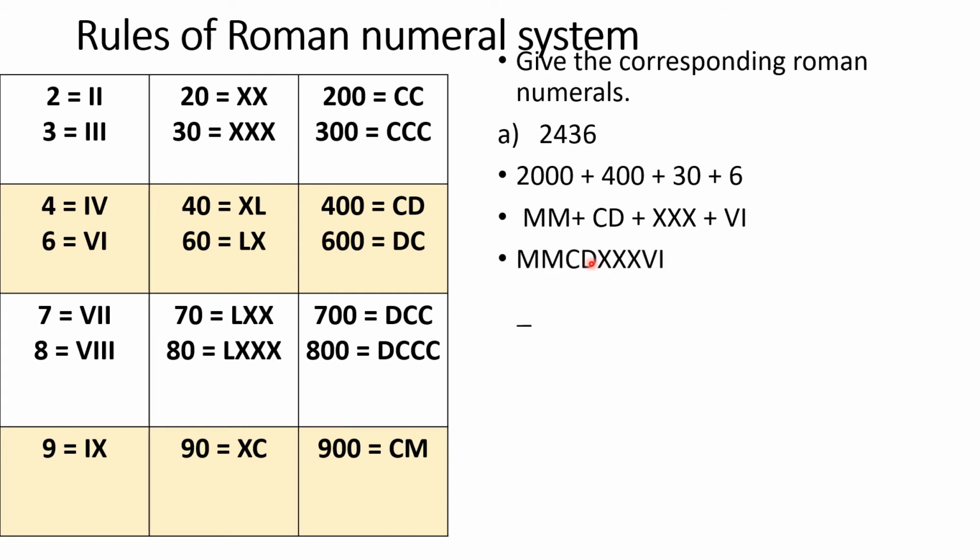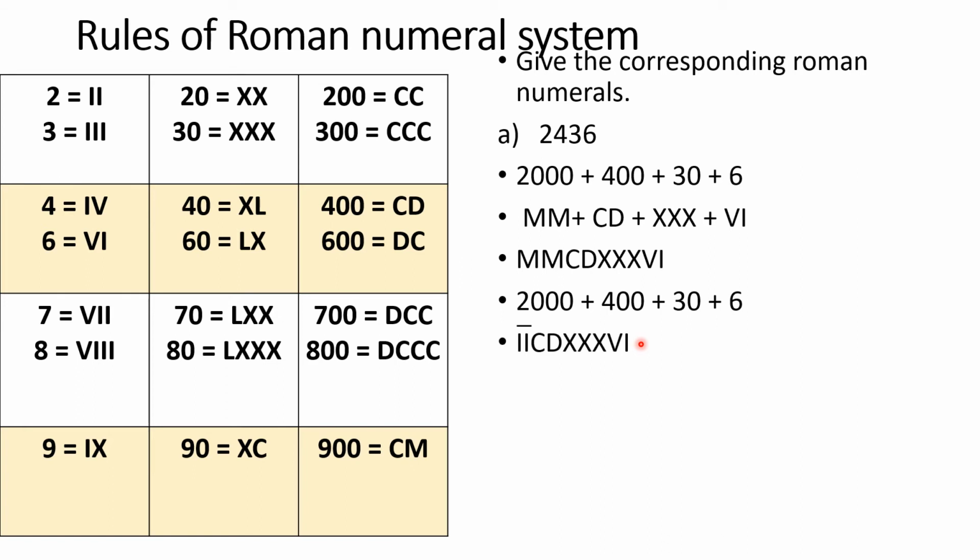Now our Roman numeral for 2436 is MMCDXXXVI. But you know, we can use that specific rule of bar also for this Roman numeral. See here again, for 2000 we know the value of I equals 1, right? And the value of II equals 2. So if we multiply 2 by 1000, it is 2000. It means